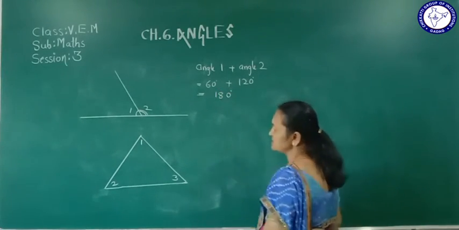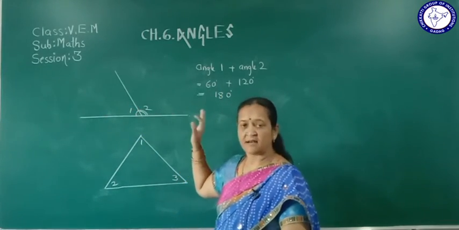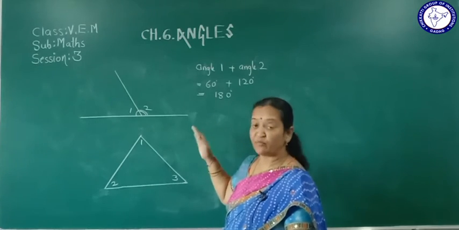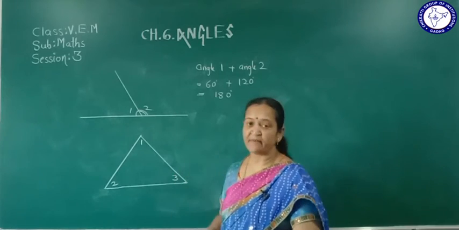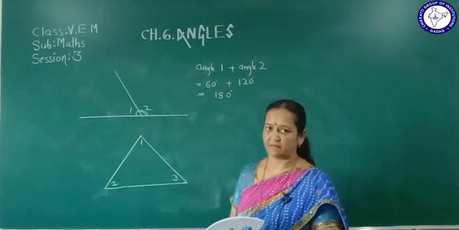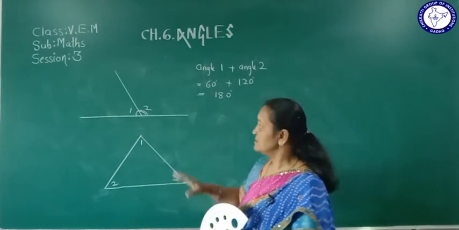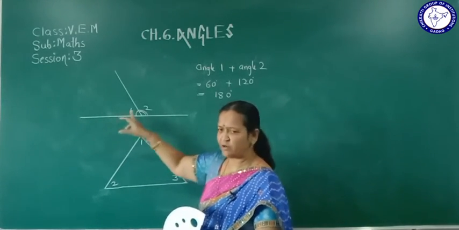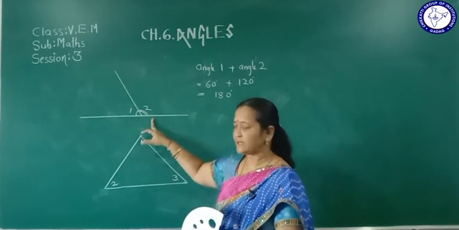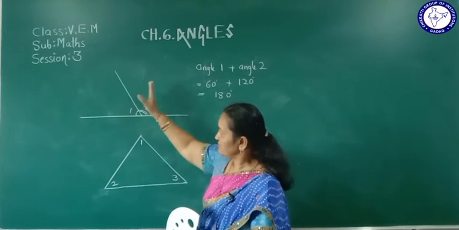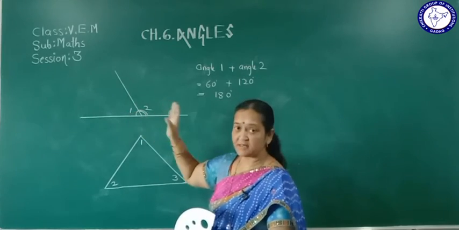So what it says, sum of any two angles on a straight line is 180 degree, and you will learn in next classes, 6th or 7th class, such a type of angles are called linear pair. They are linear pair. It is for your extra knowledge. So here a straight line is drawn, then we know angle on this straight line is 180 degree.